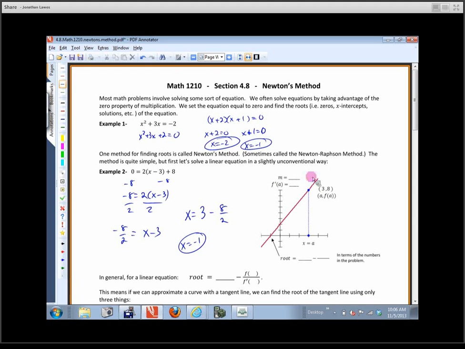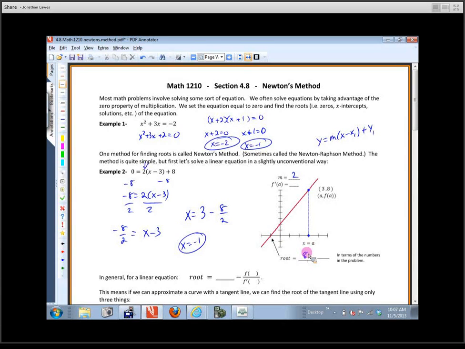Let's see if we can match some stuff up here. This is a picture of a line whose slope is 2 that goes through the point (3, 8). If you'll notice, this is like the format where we had y equals m times x minus x1, and then plus y1. It's that same type of format. We can take that point and follow this line using the slope and figure out where it crosses right here. So if the point is (3, 8) and the slope is 2, then the root, the x-intercept of that line is going to be